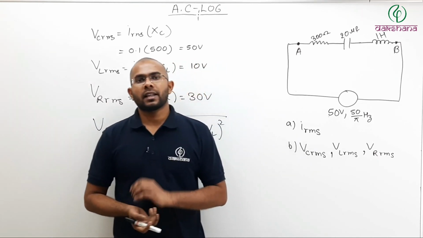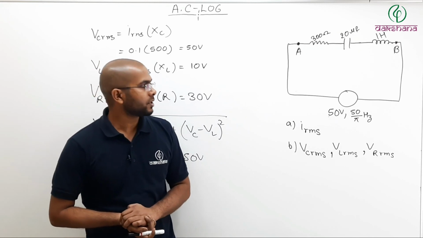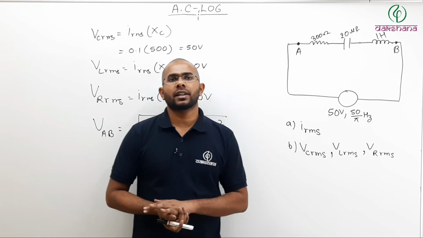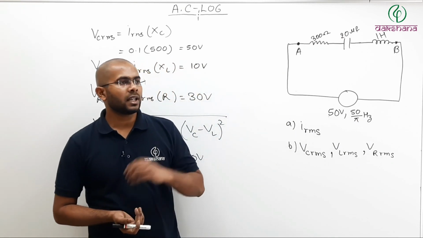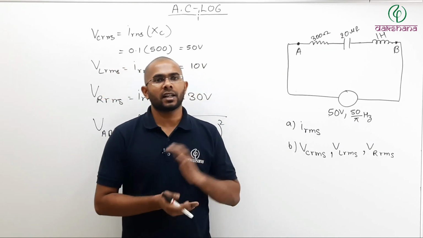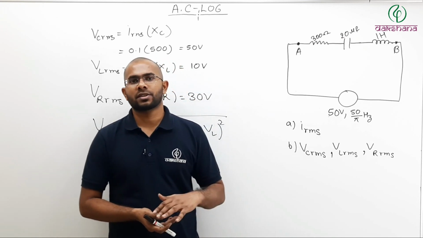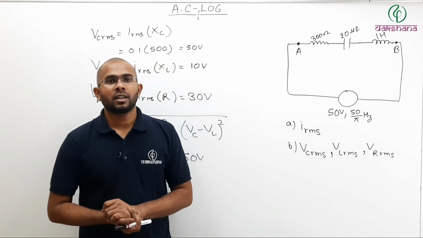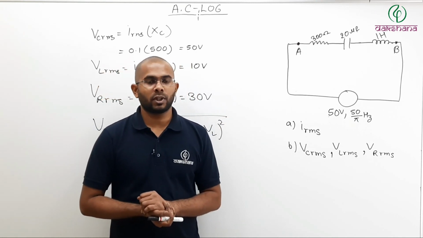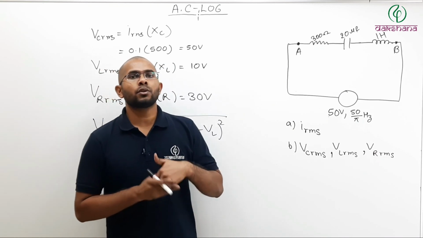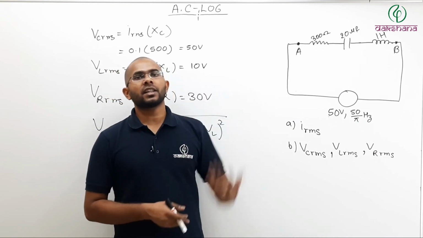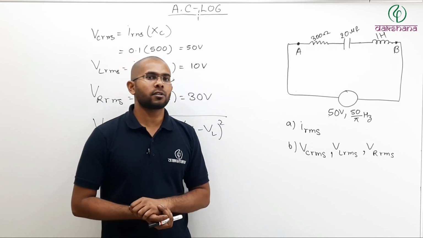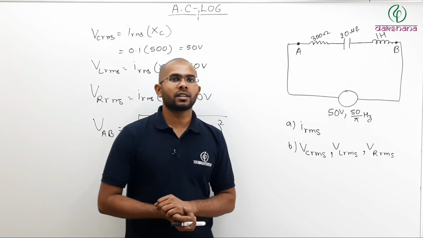So this was your LCR circuit and LC oscillation. Until now we have solved almost all kinds of questions from your LCR circuit and AC circuit. We have solved the LCR circuit, the RL circuit, the RC circuit, purely capacitive, purely resistive, and almost everything. In the next lecture of your AC circuit, we will be talking about transformers. Transformers are used to either increase or decrease the voltage. There are two kinds of transformers, step up and step down transformers. That we will see in the next lecture.